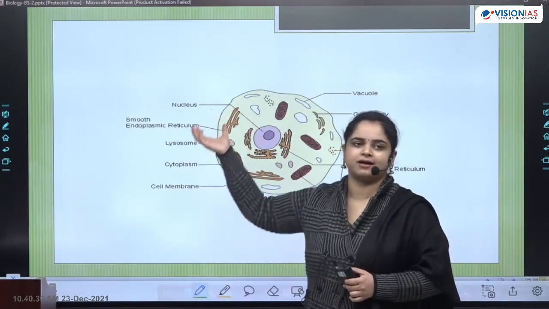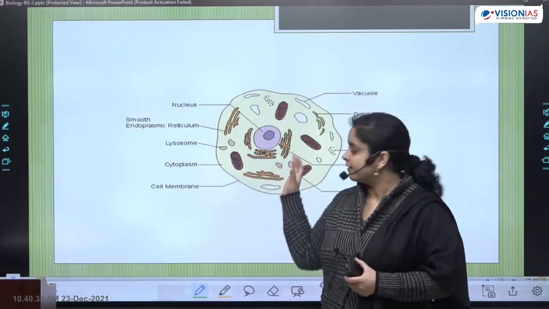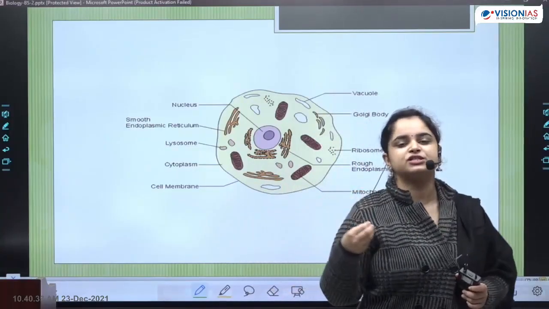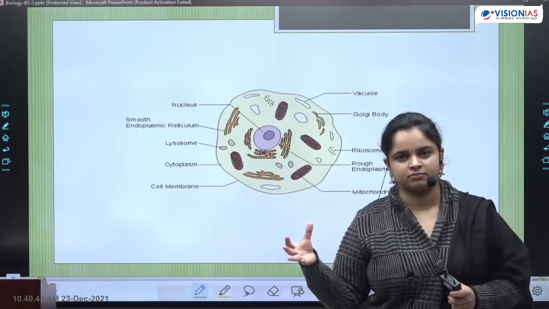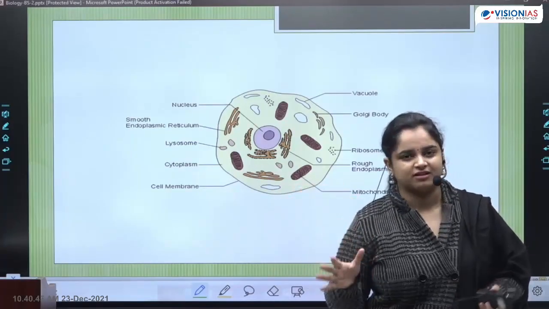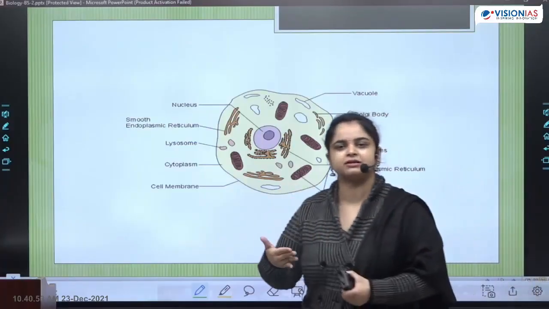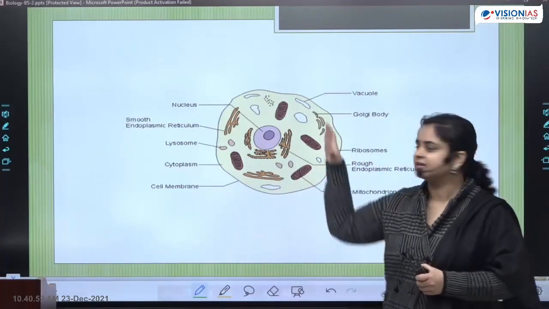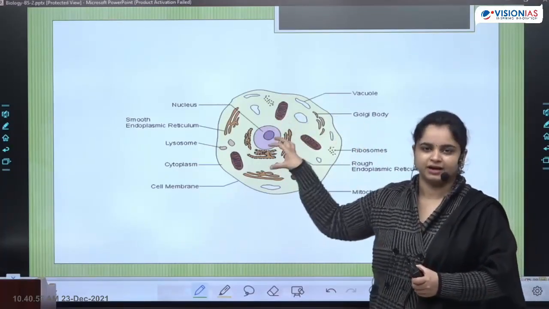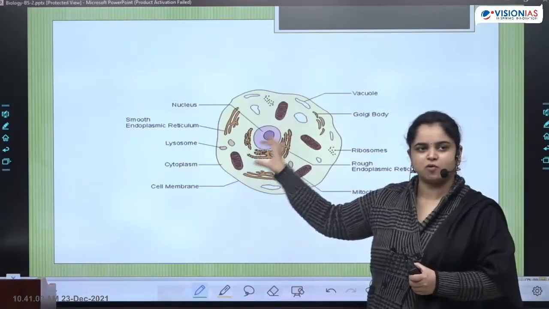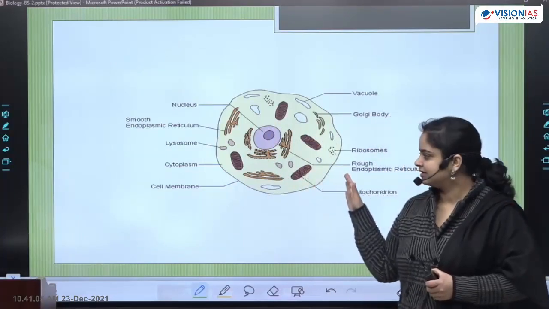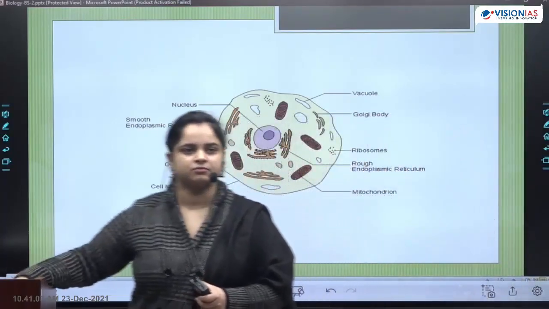So this is like the brain. It will control whatever is happening, because we said genetic material is supposed to have the information for the different characters of a person, right? Like my genetic material is determining how I will walk, how I will talk, everything. At the level of the cell also, a similar thing: how the cell will function is determined by the genetic material. So the nucleus becomes the brain. It contains DNA in the form of chromosomes, and everything else which we have here, that is the cytoplasm.